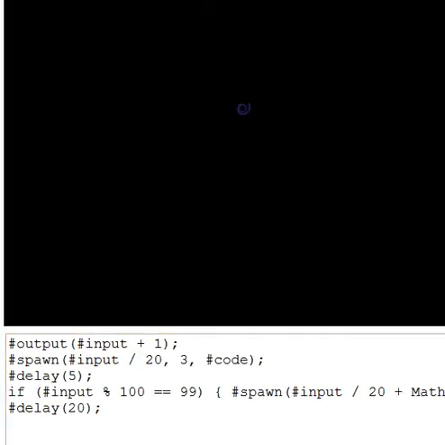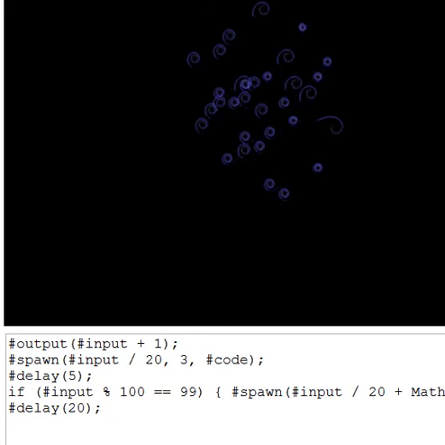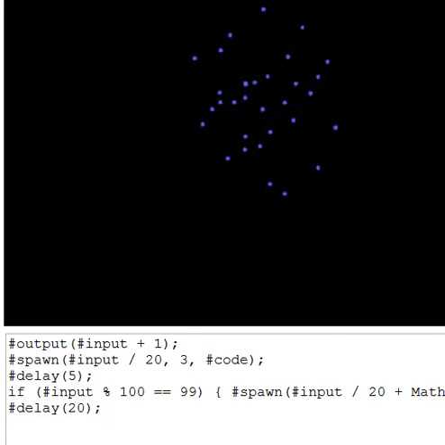There we are. So this sets an output equal to 1 greater than its input, and then it spawns an arm which is curved based on what the input was. And then it passes its own code to its children. This means that as it goes along, it just sits there and curves faster and faster and faster. And then I make it wait a little bit and respawn if it's one of the lucky few that can. And what this creates is effectively a fork bomb, but it's a fairly pretty fork bomb,